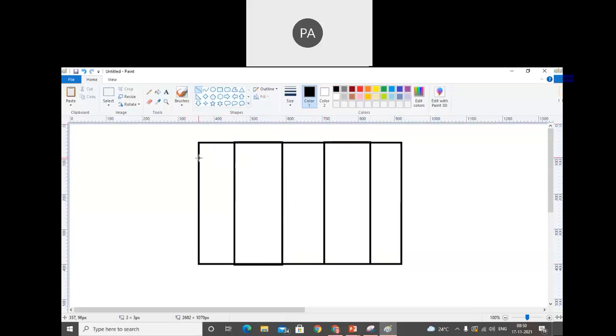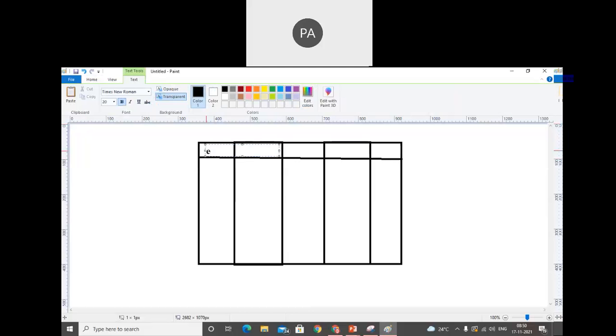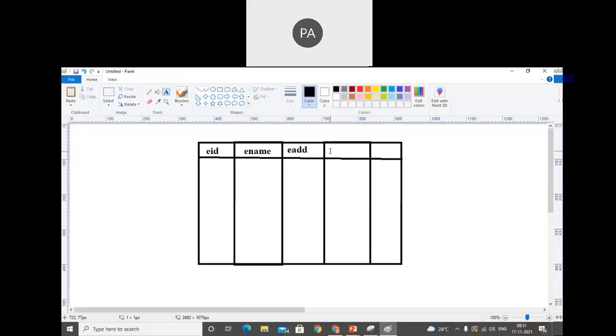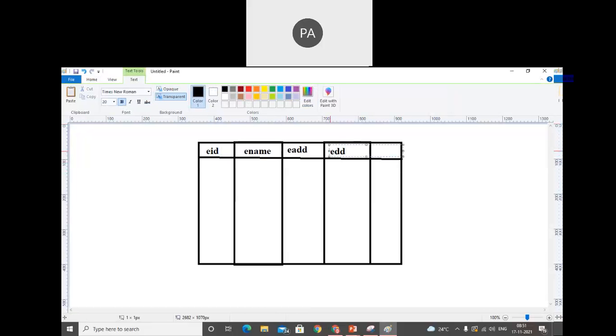In that, employee ID is there, employee name is there. Assume that this is my database and it contains some attributes or column names. Attribute and column name are the same. So assume this is the employee ID, employee name, and so on: employee address, employee department.